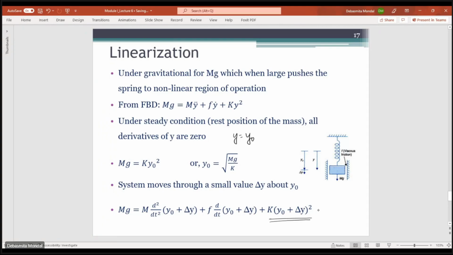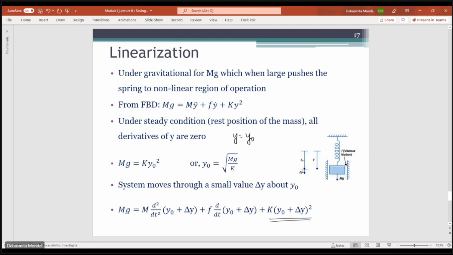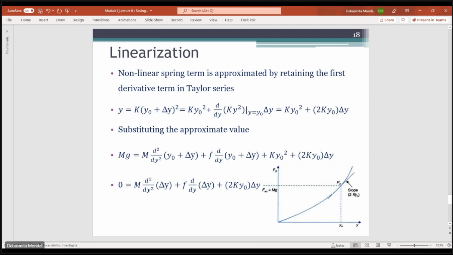So what we need to do here is linearize this nonlinear term. For that, we'll again use the Taylor series expansion, and ignoring the higher order terms, you will get a linear expression. So it will be k y0 squared plus 2 k y0 into delta y. Now, if you substitute this value in the previous equation,